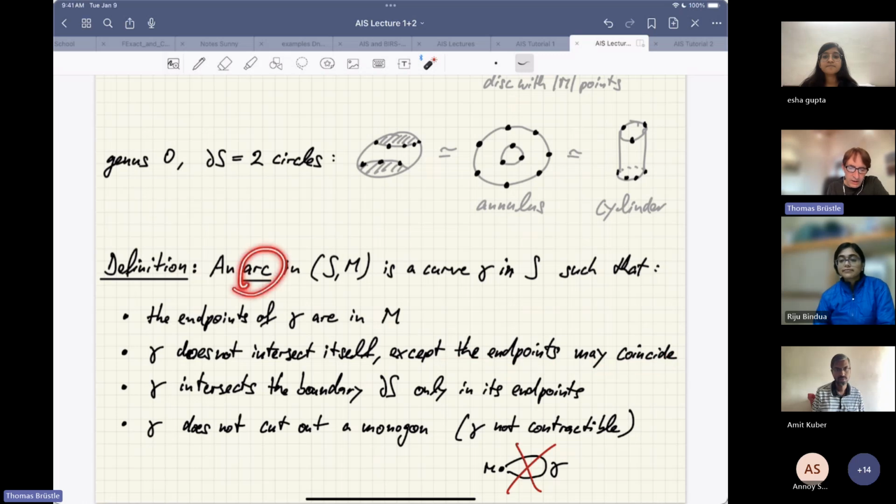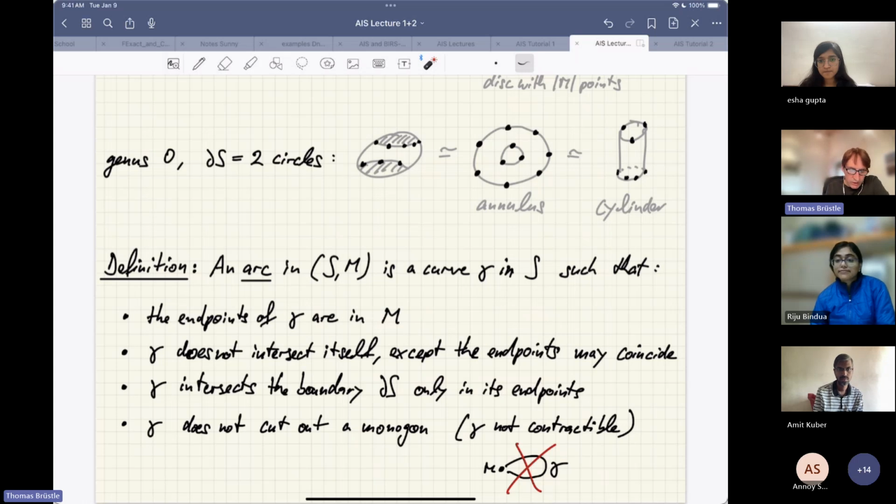Further condition on an arc gamma is that it intersects the boundary only in its endpoints. So I do not want an arc starting here, passing through that point and then going there. This is not one arc. That for me would be two arcs, this one and that one. Okay,